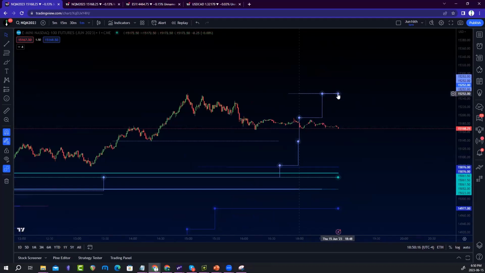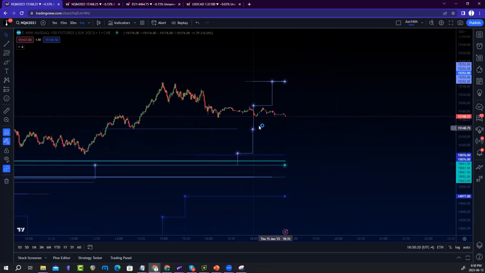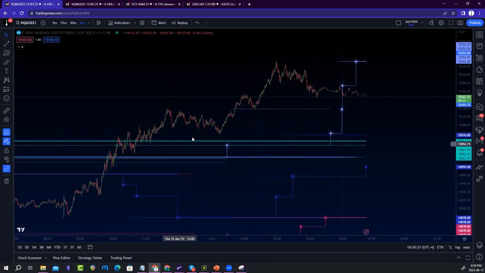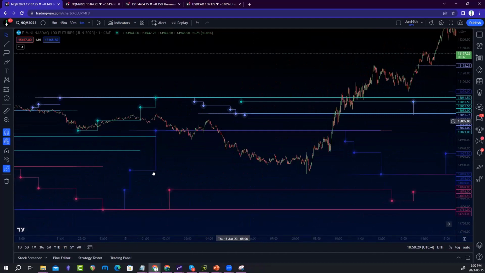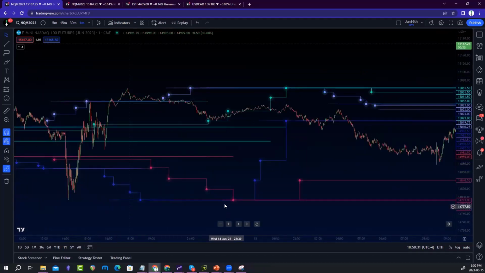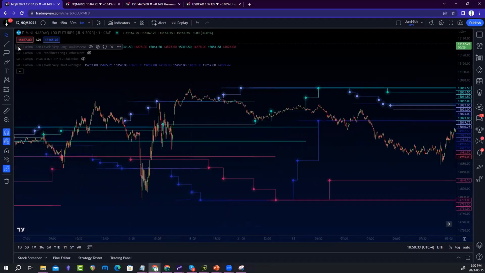If we break through there, that's the big breakout move. And we're now in this range. Maybe we're going to come down to this old level or down here or something like this. I saw how good these indicators were working just looking at it, and I decided I was going to use it to trade live. Just using this exact setup that I'm showing you right now, with the very long settings on SR levels and very short settings,